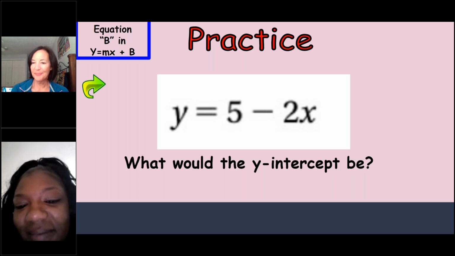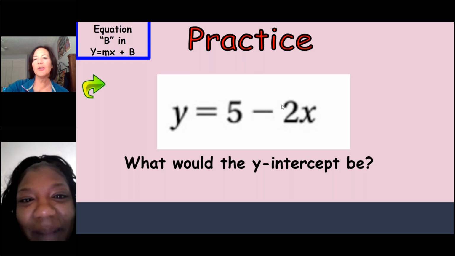Perfect. Nice. I have a lot of students like backwards, like,